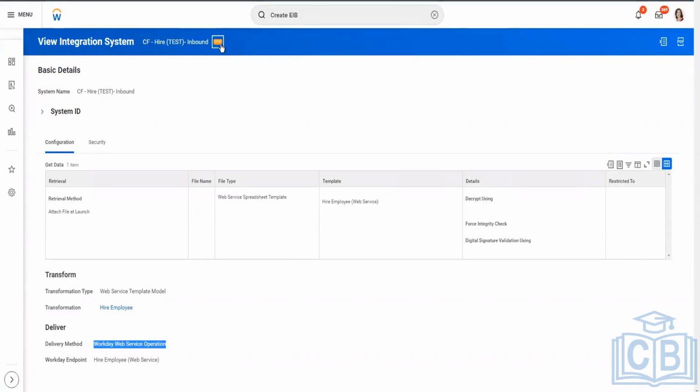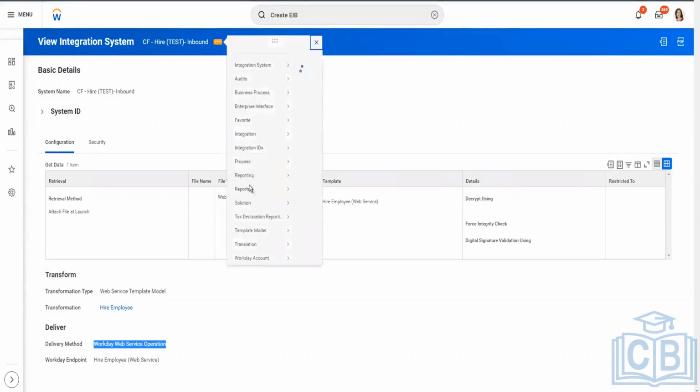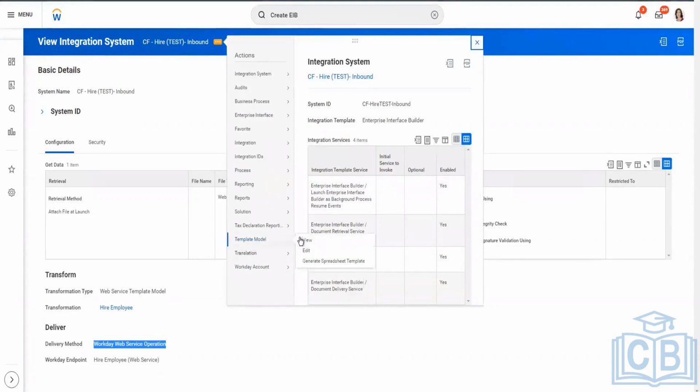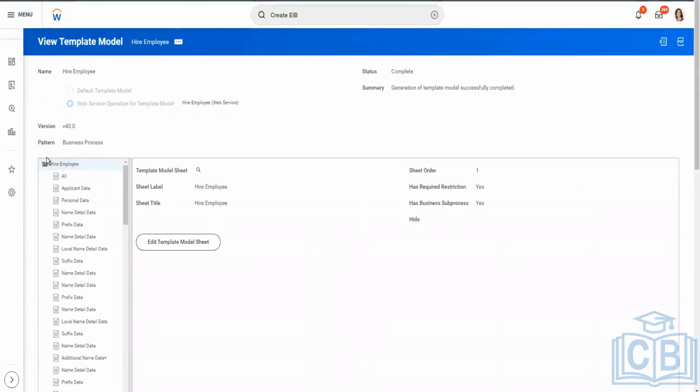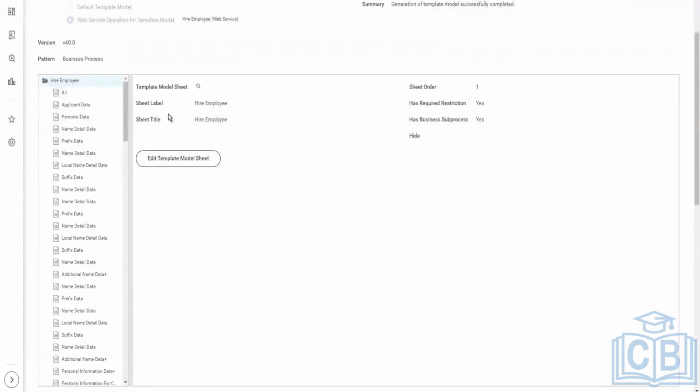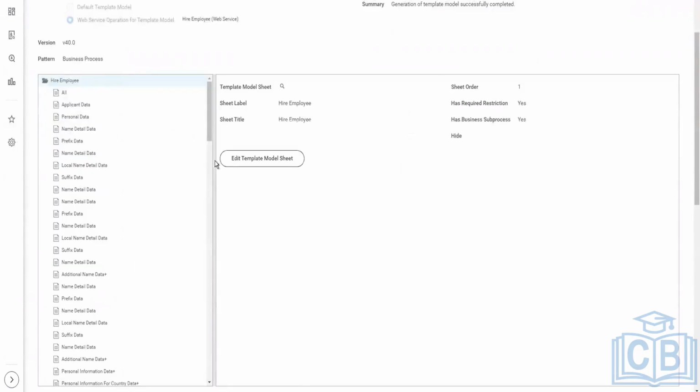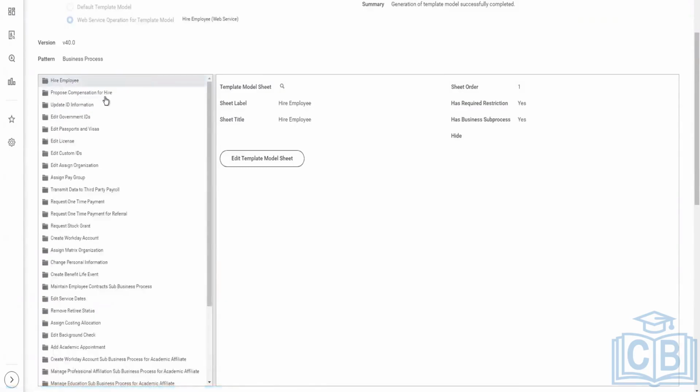We go to the Action button on this integration system. Let's go to Template Model. And first, let's have a look at View. Looking at the process that we used to hire the employee, this is the template model for it. Hire employee is the top level, then proposed compensation, hire, and all these other options or business processes can